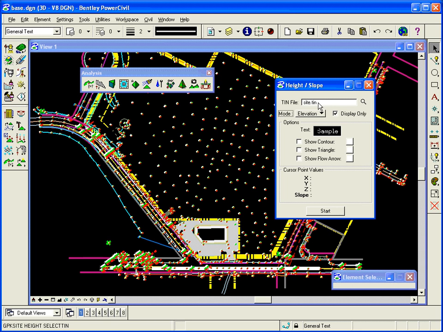So I'm going to select the TIN file, site.tin, included with my dataset, and simply hit Start. And as I move my cursor into the view, it'll show me the elevation, the location, XY, of that cursor, and the elevation based on the surface as well as the slope of a triangle that cursor is sitting in. I can also toggle on contours, triangles, and flow arrow, set up some colors for that,